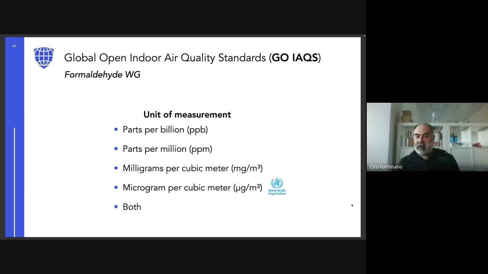Probably what you mentioned is correct. This is the right approach for me, but probably there is something that we can add. I know that the conversion from ppb to micrograms takes into account pressure, temperature, and ambient conditions. But if you check, normally the conversion is always done in the instruments using standard temperature and pressure. But if you try to go online to make a conversion, we find different numbers in terms of the mass that is used for this conversion. So you have a slight difference that can confuse.